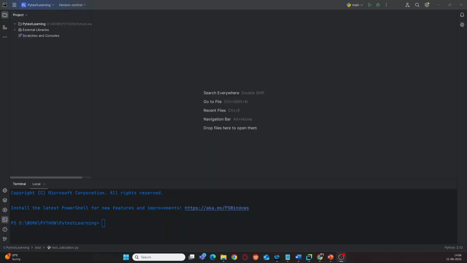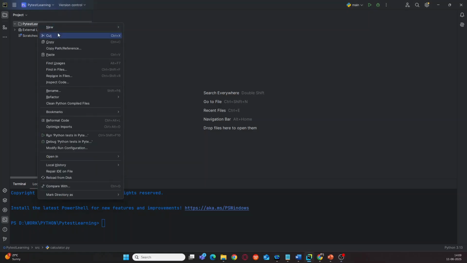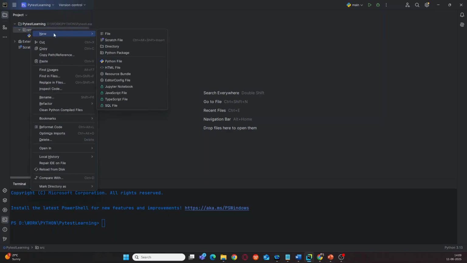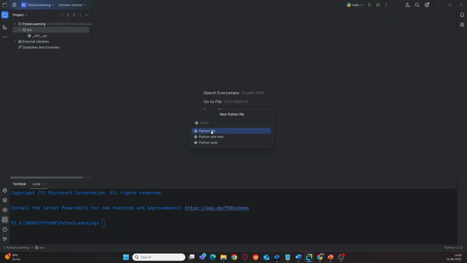We will follow a similar scenario where the developer writes the application code or a function and the tester is responsible for implementing the corresponding test case. I am going to add a Python package under which I am going to add some functions. I'll create a Python package by name src, under which I will add a Python file by name